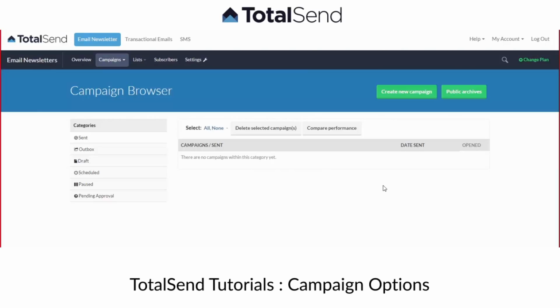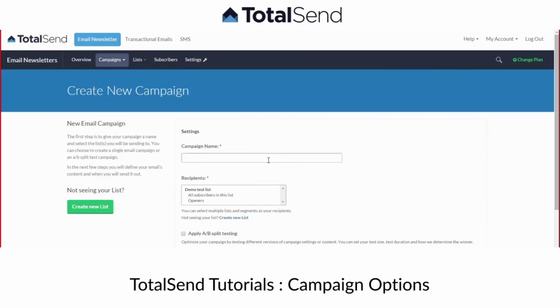To go ahead and create an email, you just get create new campaign. It's quite simple. You just got to give it a name that you would recognize. It's important to make sure that the names are unique. They don't need to be. They can actually be the same name as any other campaign, but it's important to keep them unique because if